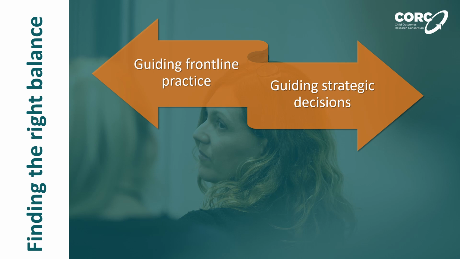At a more strategic level, whilst there's still a wish to cause minimal disruption to the flow of direct work, there'll be a focus on collecting broader data to help drive more general and strategic decisions. This can lead to conflict and a lack of buy-in or endorsement for the chosen tools. Therefore, it's important that this is a dialogue between frontline and strategic staff to identify where compromises can be made, find the right balance and give everybody what they need. Cork would recommend that this is a collaborative process.